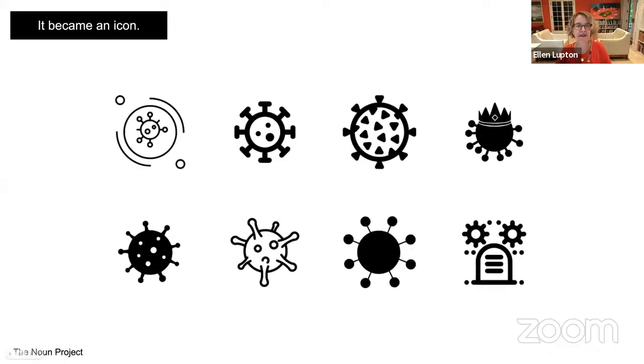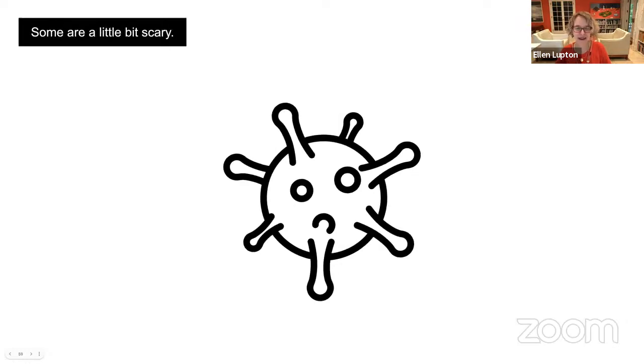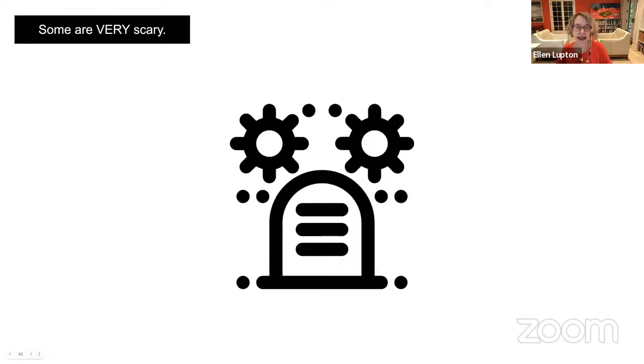And these are some little friendly viruses that you can download and work with in your own graphic design, courtesy of the Noun Project. And some of them are kind of basic Bauhaus, and some of them are scary and drippy and have a sort of horror film vibe. Some of them are very scary, right?